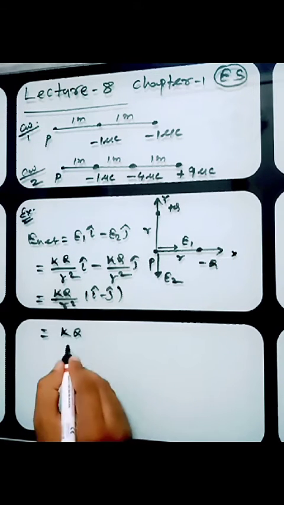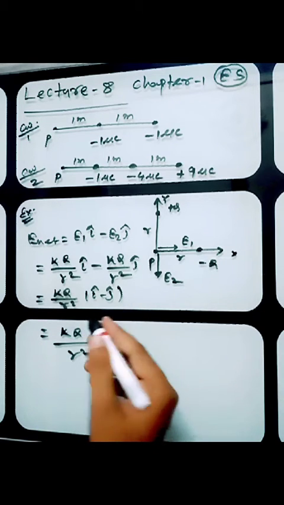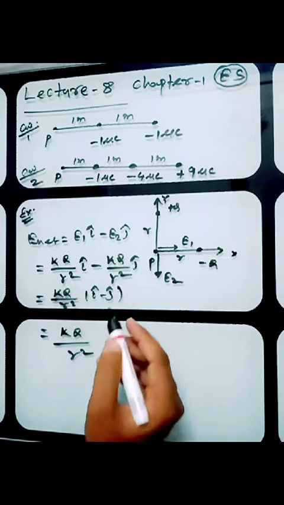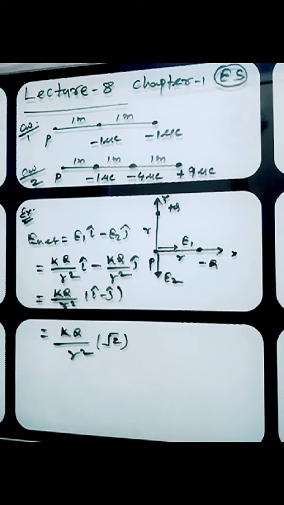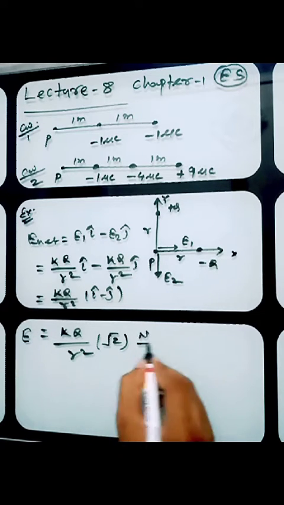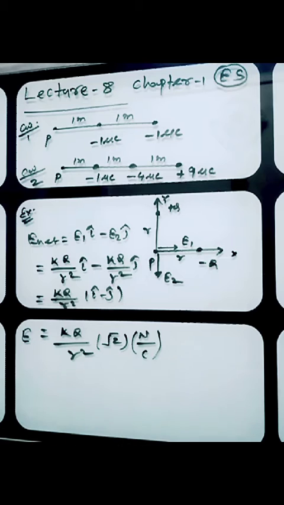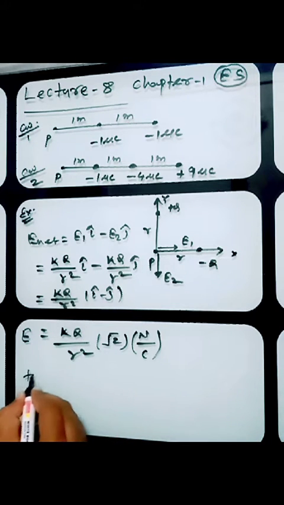So kq by r square, and the magnitude of i minus j, or i plus j, or minus i plus j, whatever, it is root 2 magnitude. Directly you can write. So the electric field will be this one, Newton per coulomb. You can find the direction also in vector form, students. For direction